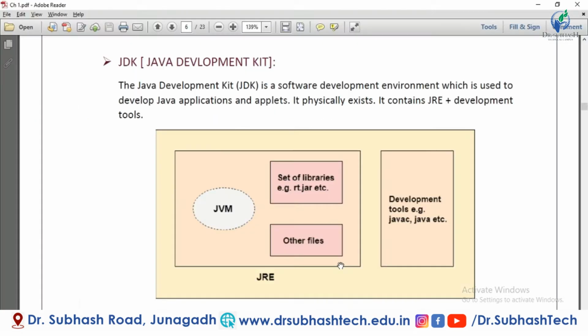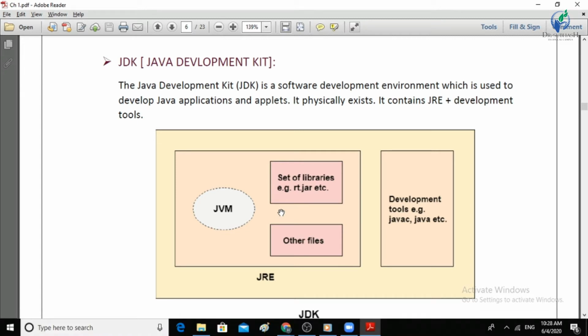So what does a JDK consist of? The JDK consists mainly of the Java compiler, that is the javac compiler, so that is the command javac. It also has the just-in-time compiler, and then the JRE, which stands for Java Runtime Environment, with the JVM.